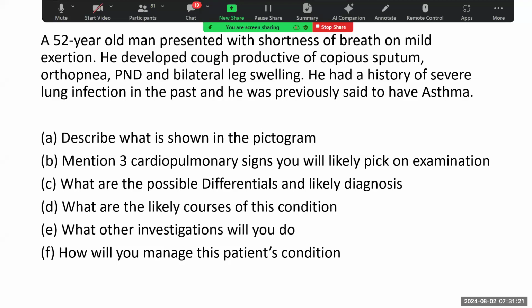Then an add-on to the signs, just like the normal bedside examination for a patient who has COPD, you will notice that the patient has a barrel-shaped chest. And then when you do your simple tactile fremitus and vocal resonance, it's reduced because of the air that is so much, it actually reduces the tactile fremitus and the vocal resonance. So that can be an add-on to the signs there for this patient.